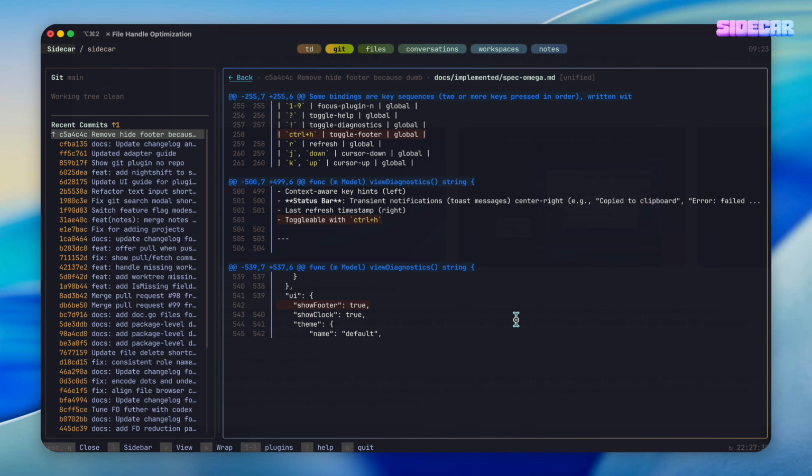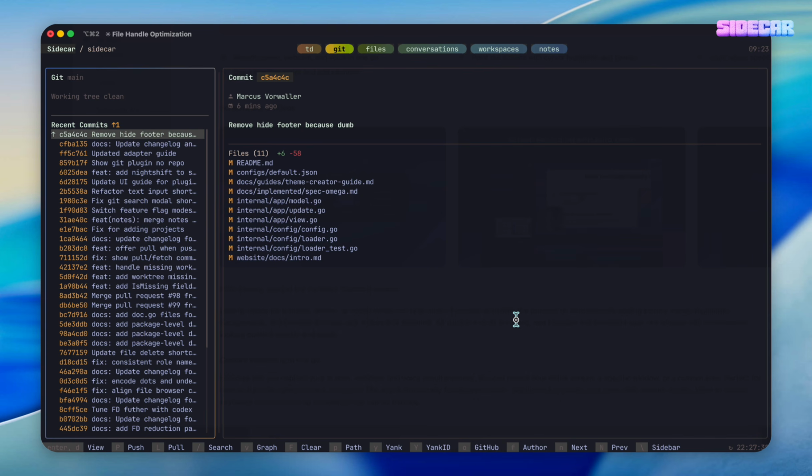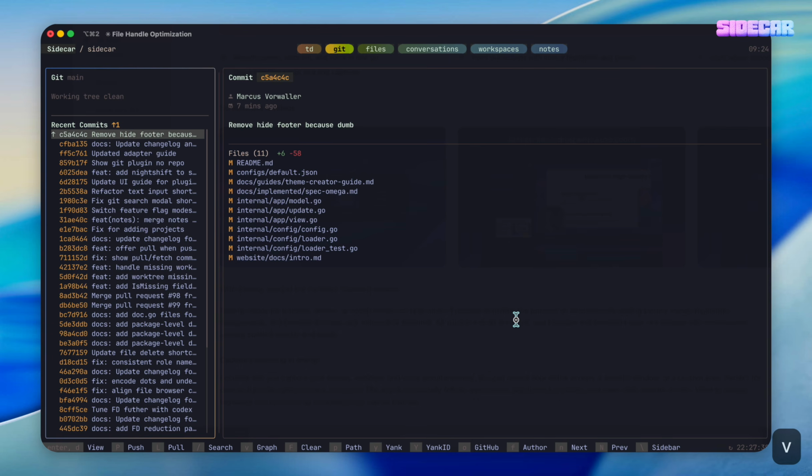And as you can see, everything happens generally with shortcuts, although there are, in many cases, mouse interactive elements in the Sidecar user interface as well. Right now I don't have any unstaged changes, but if I did, I could pull those, or I could stage and commit those changes. I can pull changes. I can do other things like merging in remote branches. I can see a graph view of my Git work tree and all kinds of other things. I can see Git blames,